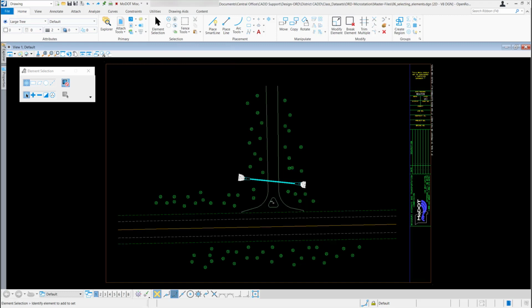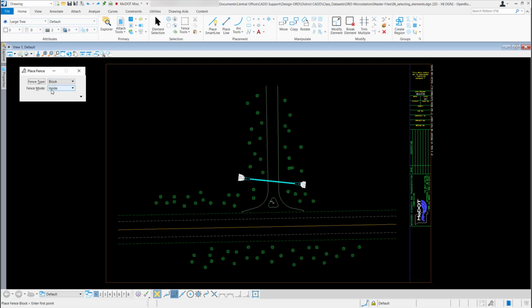So first I'm just going to go out and place a fence. So I'm going to come up to the Place Fence tool, select it. Once the Place Fence dialog box comes up, you have several different fence types. You have block, shape, circle, element, from view, from file, and from flood. I won't be going over all of these options. They're pretty self-explanatory. But for our examples, for now, I'm just going to select Place Block.